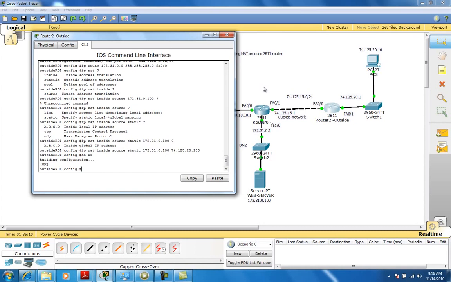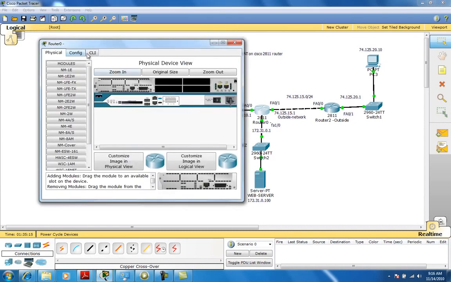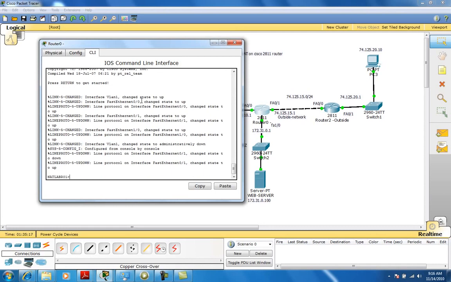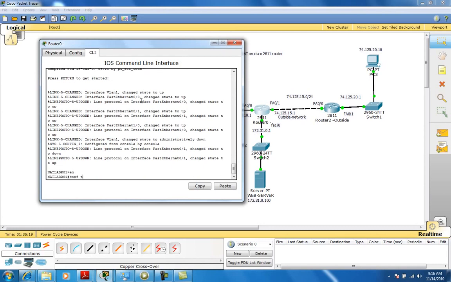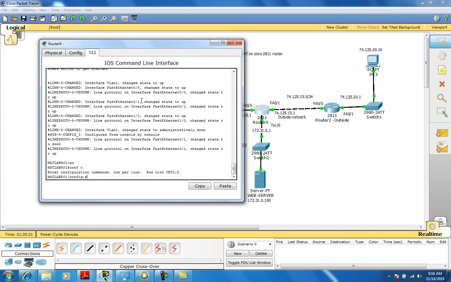And now we'll get on the inside router. So the inside router would be this one, and we'll go to the command prompt. From the command prompt, we go into config mode, and I'll just need to put a routing statement in there. So I'm saying ip route 0.0.0.0 0.0.0.0 FA0/1. So what I just did, if you just follow the mouse in the canvas for a minute there, on